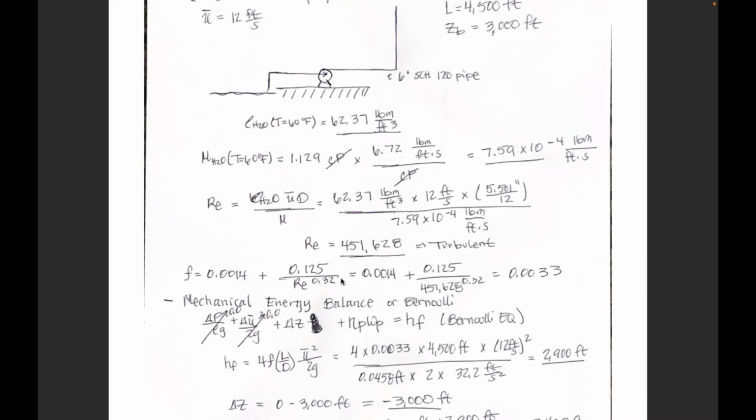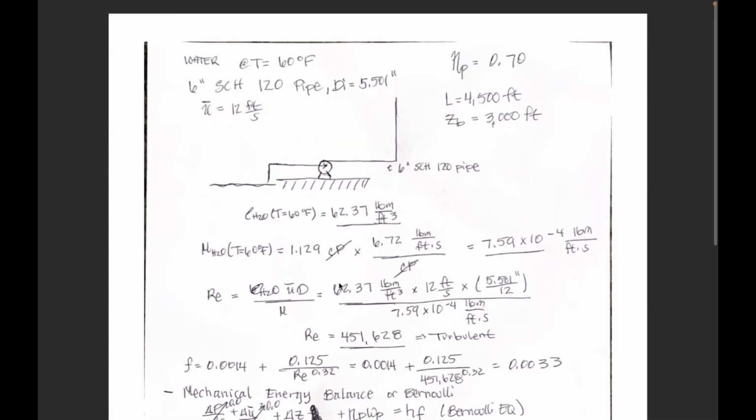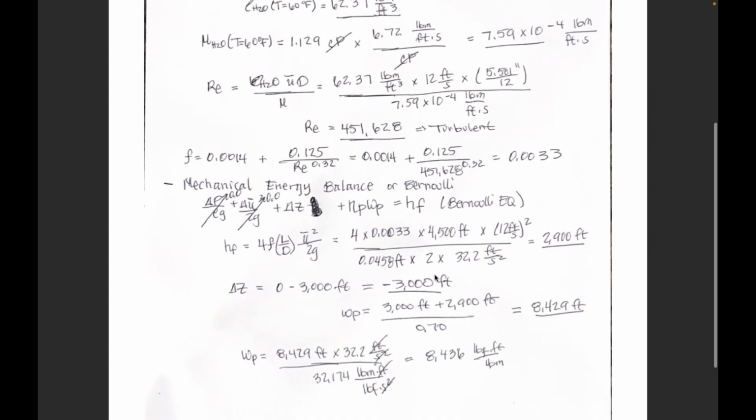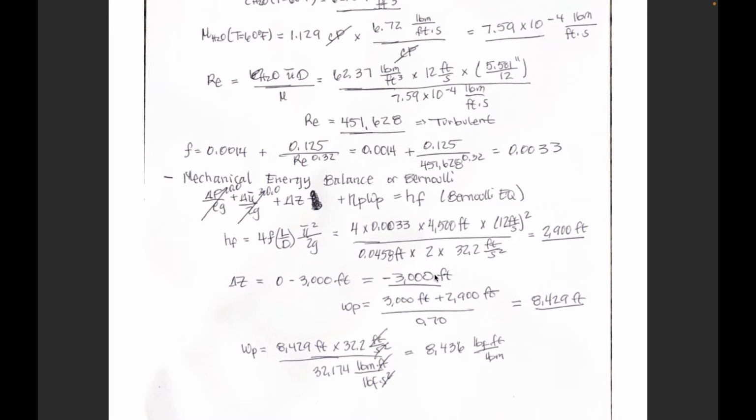I guess you need the roughness of it, and it didn't tell us what type of pipe. You can just assume a steel pipe. But anyway, I got a friction factor of 0.0033. All right, and now it's time